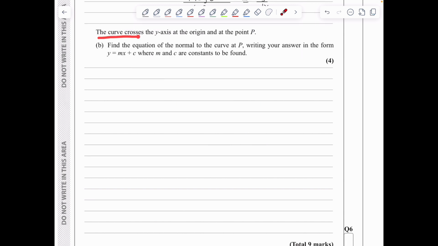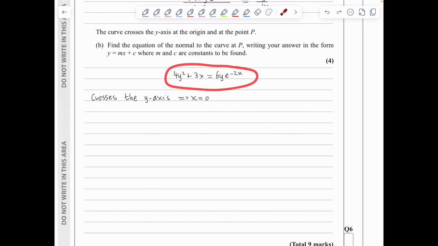We now have that the curve crosses the y-axis at the origin and at the point P, and we need to find the equation of the normal to the curve at P, writing the answer in the form y is mx plus c, where m and c are constants to be found. So the equation of the curve is here. We know that we're crossing the y-axis. This simply means that x is 0. Now if I substitute x is 0 here, obviously the e to the minus 2x is e to the 0,